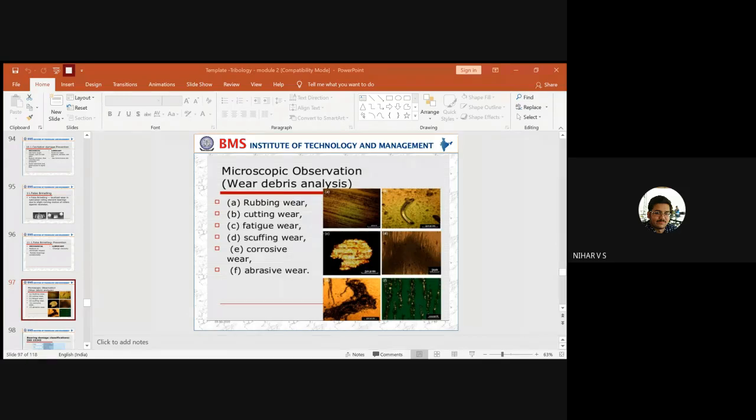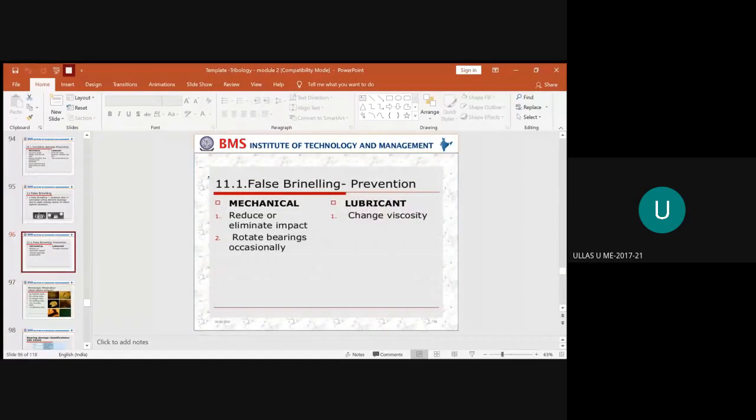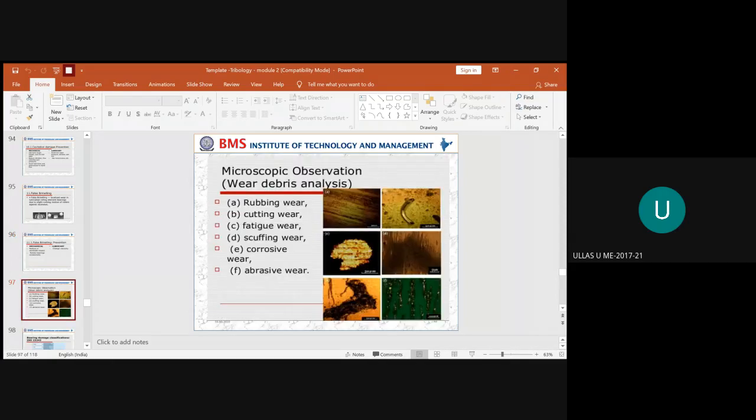Now coming back to module 2. If you remember, we were dealing with wear analysis and mechanisms, and how to prevent the different types of wear which come into the picture while rolling or sliding two mechanical components, whether of the same soft material, hard material, or a combination of both. Once that is done, next in your syllabus, you have to focus on debris analysis.